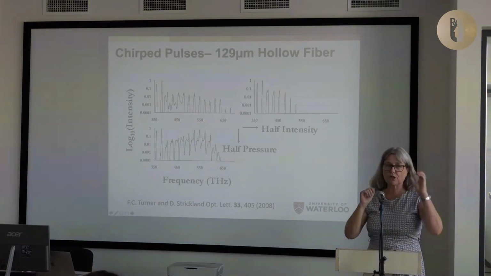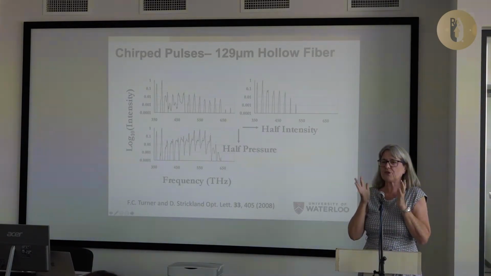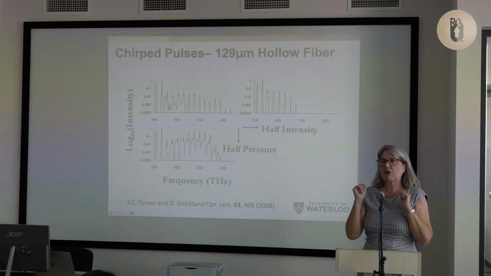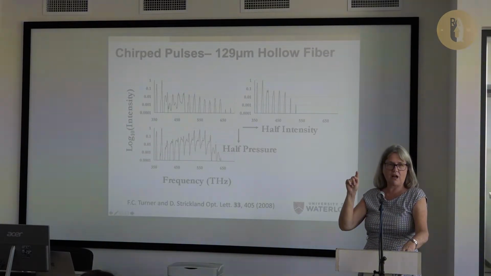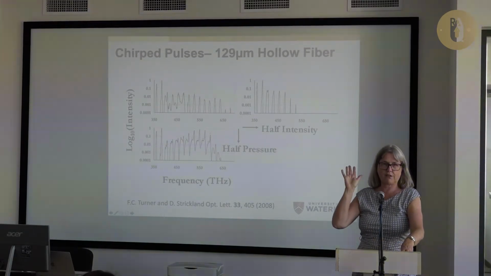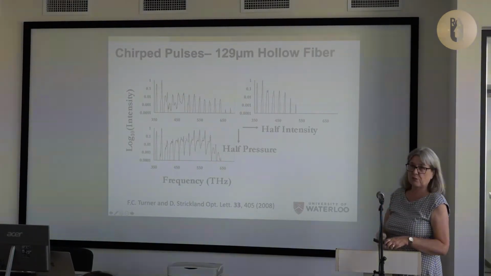But if you go down to a smaller diameter, this leads to more and more scattering, and so you see the negative dispersion of going in and out of the glass like this. And so you could go through a dispersion null when we drop down to atmospheric pressures by using the 129 micron. And also now we're going to use chirped pulses.